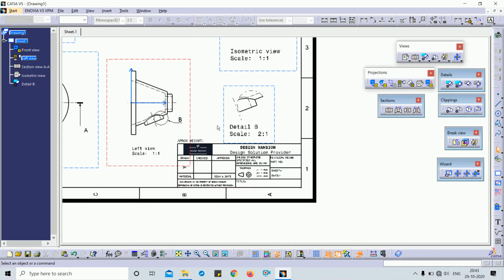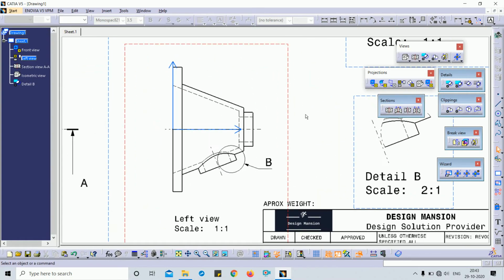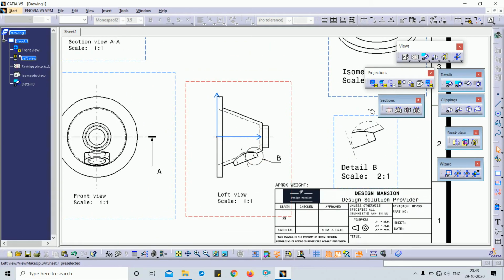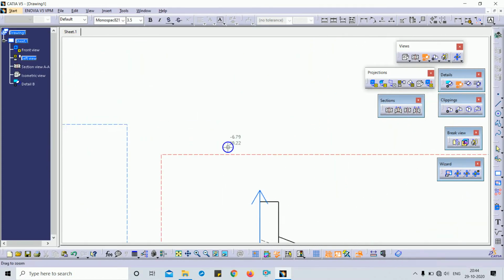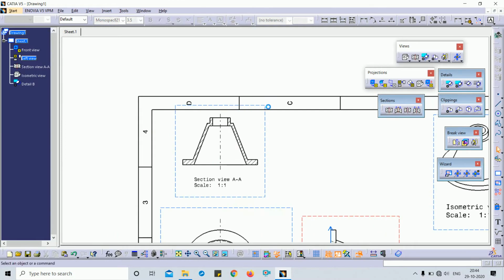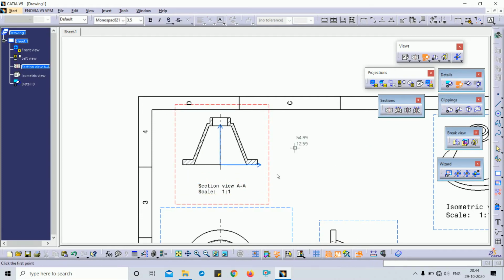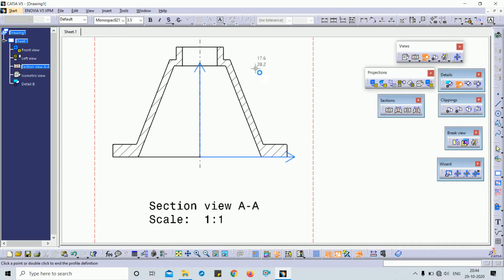So this is how you can put the detail view. This is the round profile, and the next one is our detail view profile. If you wanted to put the detail view of that section view, first you have to activate this view. I select the detail view profile, and you have to draw the profile whichever you want.